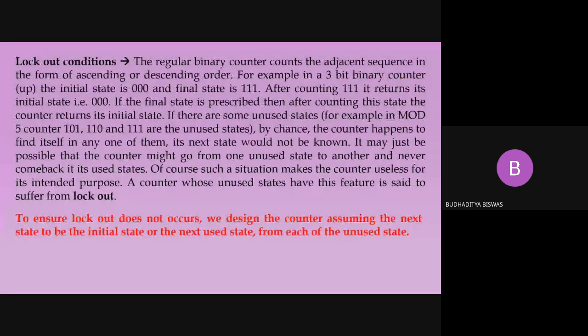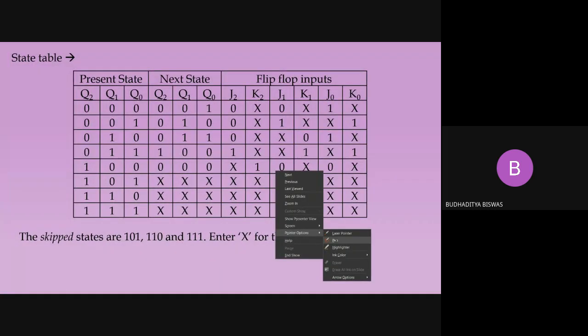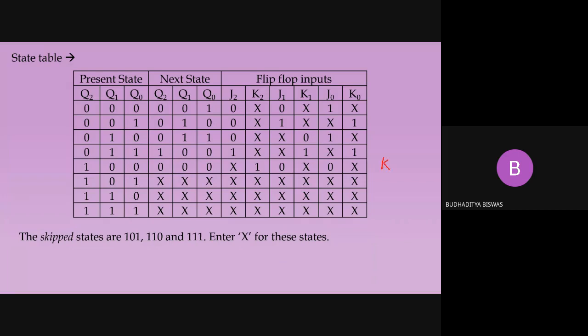So look here. For finding out the expression for K2, you don't need to do the K-map. It is 1. K2 equal to 1. Similarly, you see K0 is also 1, because all the cells are either filled up by don't care or by 1. So K0 is also 1. That means you need to do the K-map for finding out the expression for J2, J1, K1 and J0, because these are the variables which contain the zeros, and zeros means you have to do the K-map.